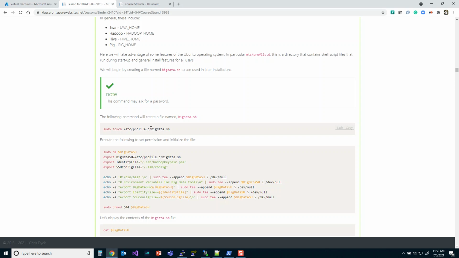Okay, and when we're setting it up, it will be referencing certain files so that we can come back to them later on. Now, in this case here, I am going to just copy this command set and go over